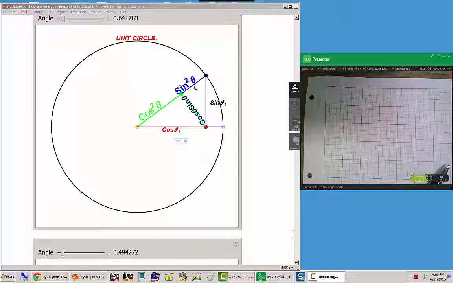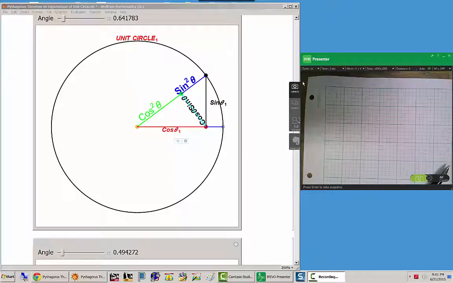It appears, I'll make a comment about it, it appears like this is cosine of theta quantity squared added to sine of theta quantity squared. Well, that's a trigonometric identity. Because the length of this hypotenuse is 1, then these two things add up to a quantity of 1. Okay, so